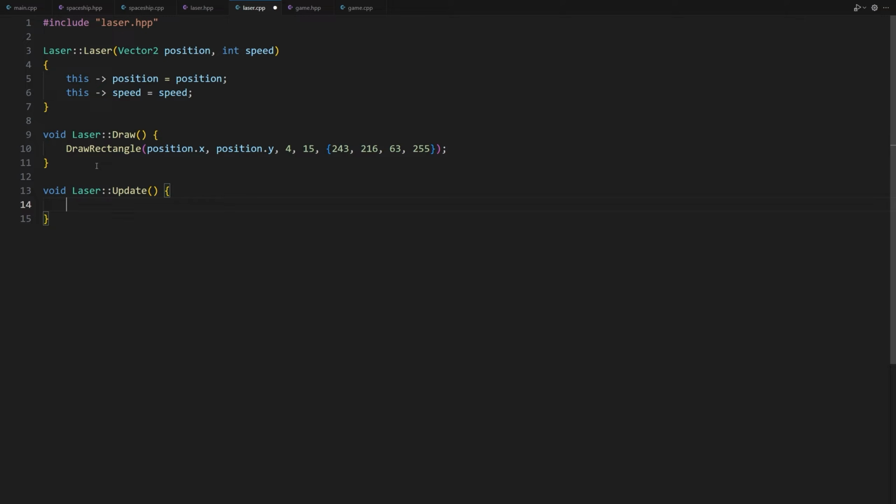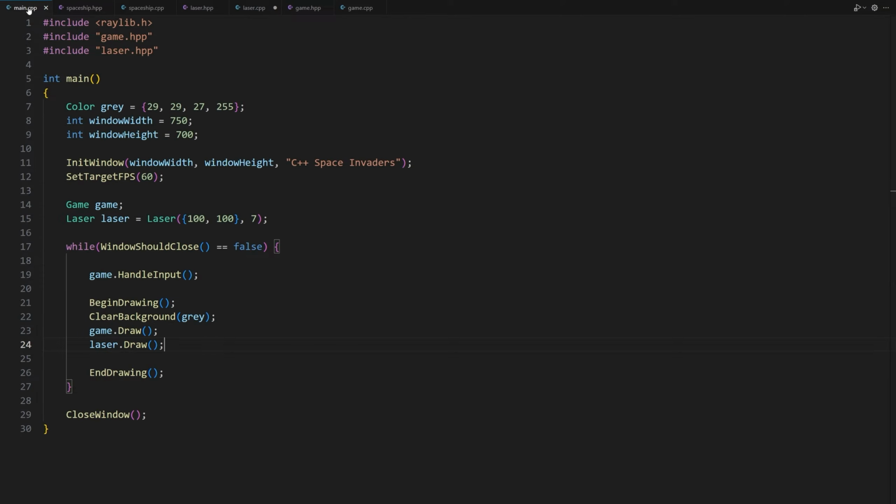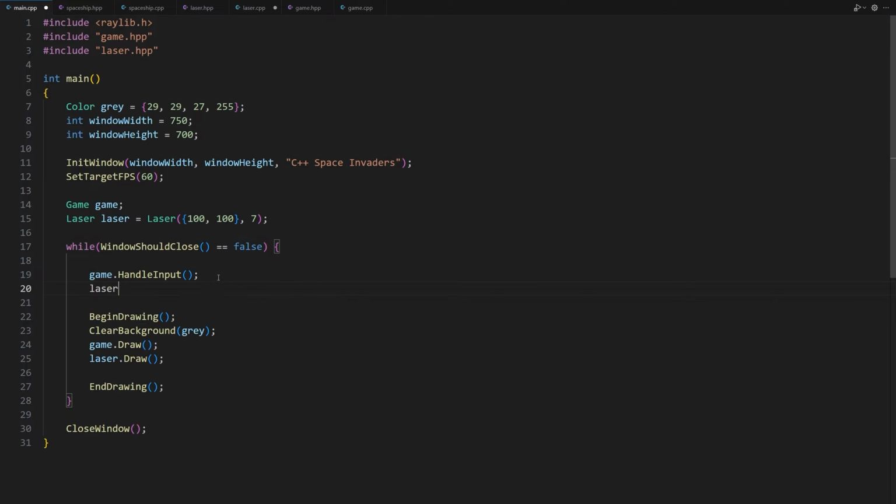We have a speed attribute, so we're going to use it. Position.y plus equals speed. If we want to move the laser up, we will provide a negative value to the speed argument. If we want to move the laser down, we will provide a positive one. We are ready. Let's go back to the main.cpp file and test our code. We have to call the update method of the laser class in the game loop.